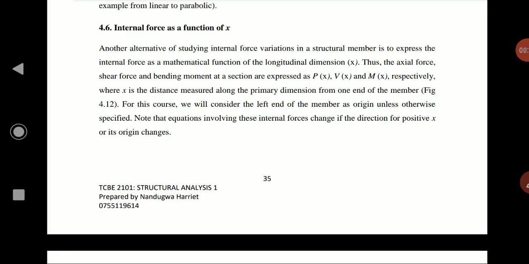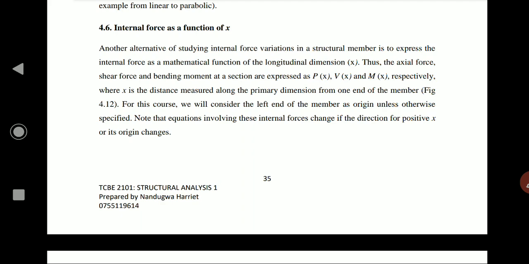Today we are determining the internal forces as a function of x. Another alternative of studying the internal forces variation in a structural member is to express the internal force as a mathematical function of the longitudinal dimension x. Thus, the axial force, shear force, and the bending moment of the section are expressed as P(x), V(x), and M(x)